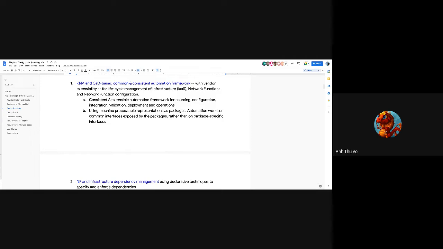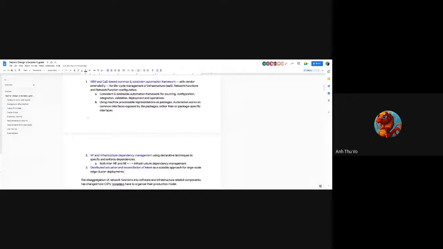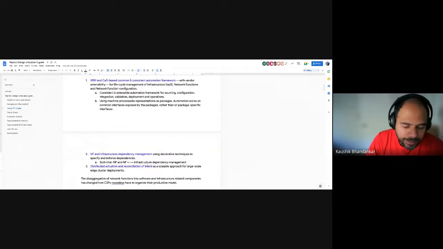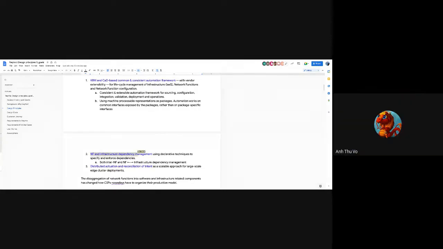My real question is about the NF and infrastructure dependency management. I'm a little unclear on using declarative techniques. I mean, that's pretty much saying Kubernetes. Is that what you're saying, if I want to double click on it? Yeah, so declarative is a fallout from the first, which is KRM based, which is declarative.